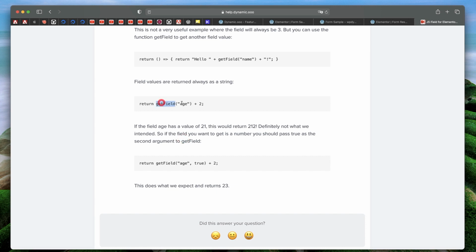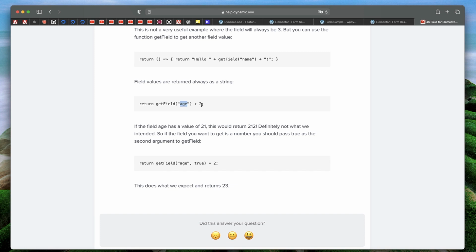When you do get field of a field, it's basically returned as a string. So string, you can think of it as text. But when we're trying to get a number, again, it will return as a string, which is essentially text. So when you do that +2, it will just join those two strings. So if my value is 5 and you do +2, it'll return 52,